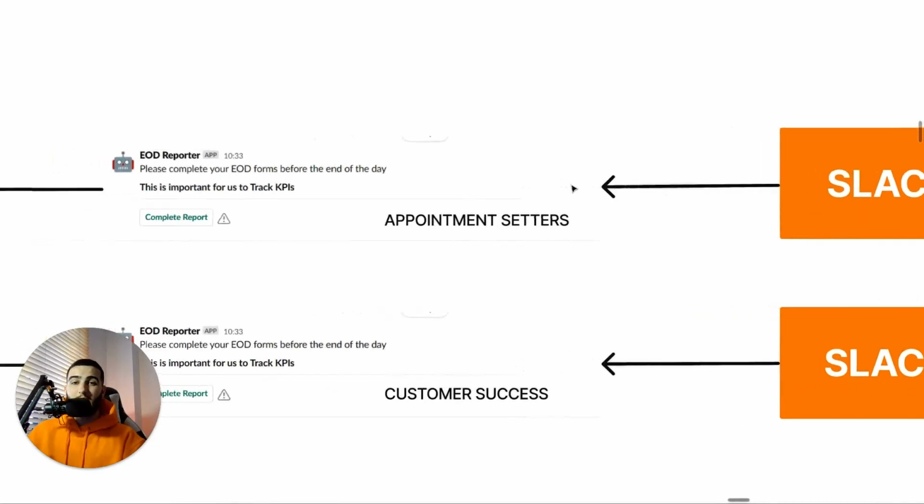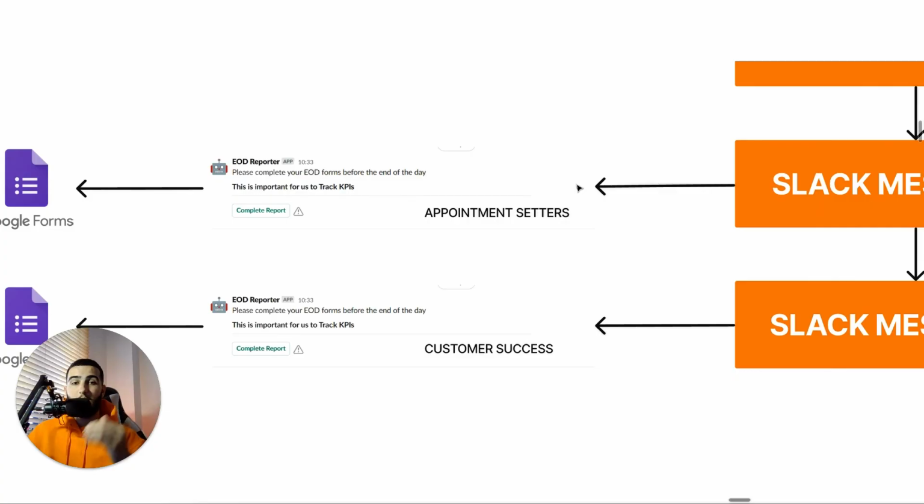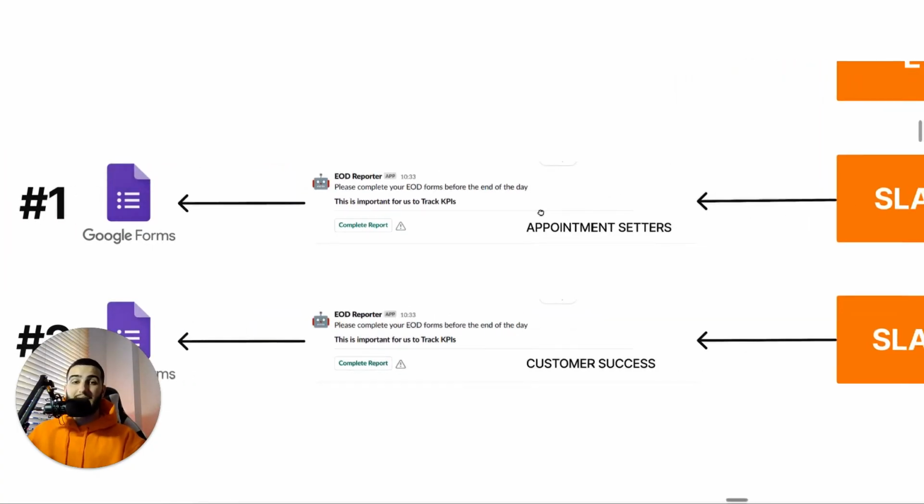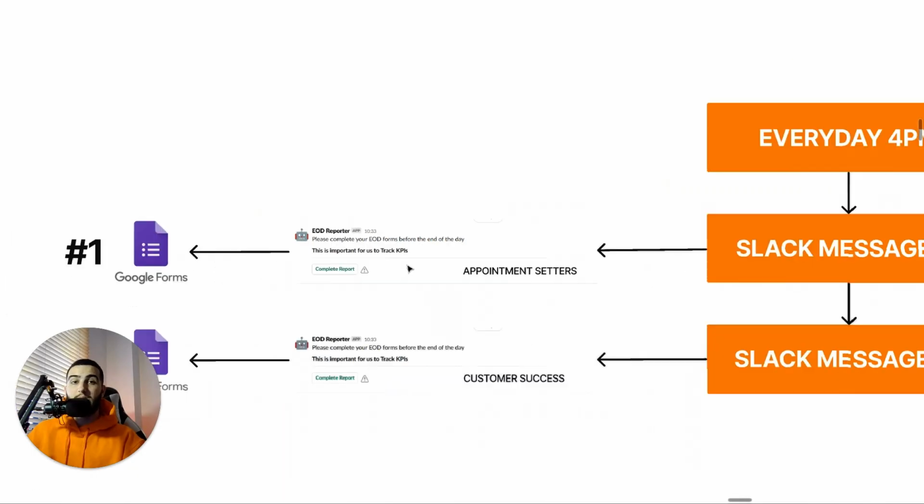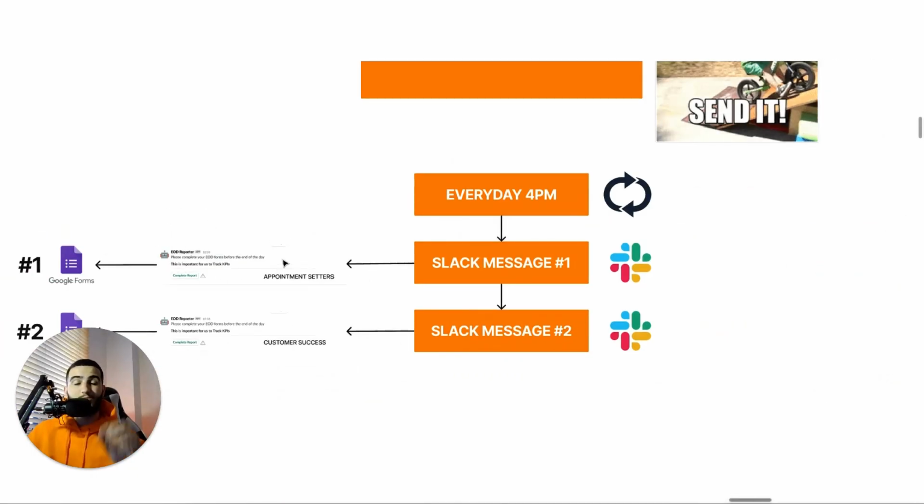And the only reason we're splitting them up is because these 2 departments are going to be completing 2 different forms. So the appointment setters are going to get a message with a link to their specific form, and the customer success managers are going to get a Slack message with a link to the other form. This message is going to include a little button, so it's super easy for them to just press it and